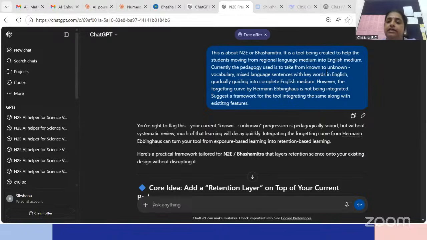Currently, the pedagogy used is noun to unknown and vocabulary, mixed language sentences, keywords in English, gradually guiding into complete English medium, etc. But I wanted to add one more pedagogical aspect here, that is the forgetting curve. Okay, that is not being integrated.